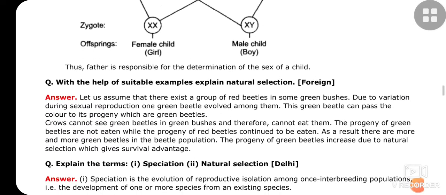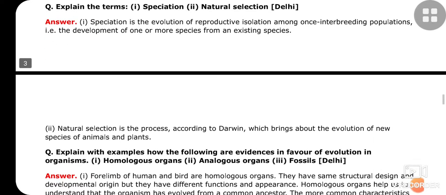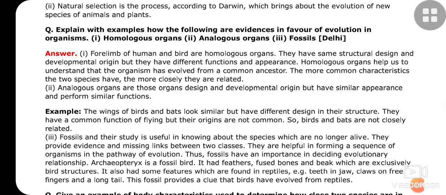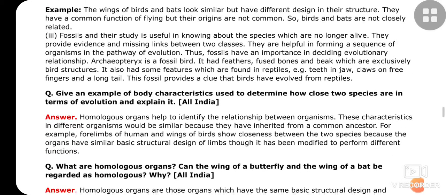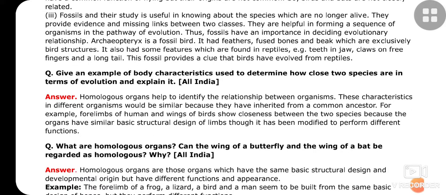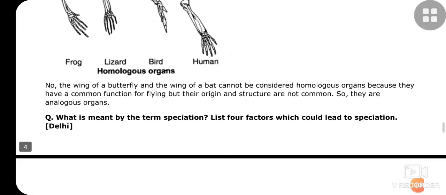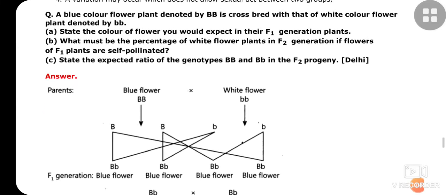The next question is out of your syllabus. This one is also not in your syllabus. Homologous and analogous organs, a little bit we have studied in our previous class, but this time it is not in the syllabus. You can just go for the definition of this. Another one is also 2 questions not for you. These all have not been in your course. Now here is a question.